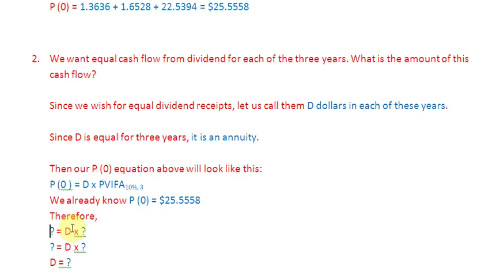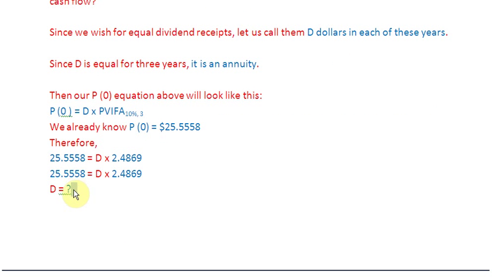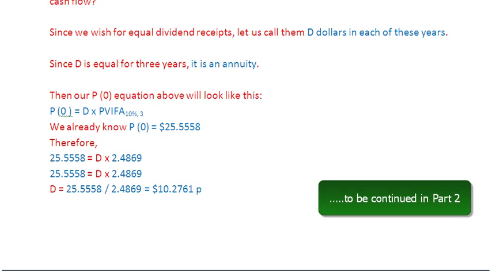So in place of this question mark for P0, we write here 25.5558. Then we substitute here the interest factor of the annuity, which is 2.4869, and let us complete the picture quickly. 25.5558 is equal to D times the annuity factor, 2.4869, and therefore D is going to be 25.5558 divided by 2.4869, and that is equal to $10.2761 per share. So this is the per share amount that we want to have in each of the 3